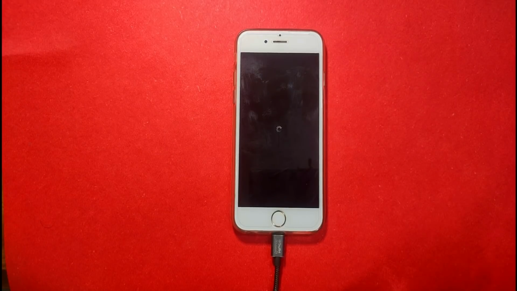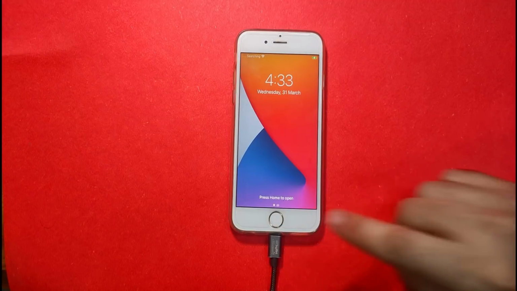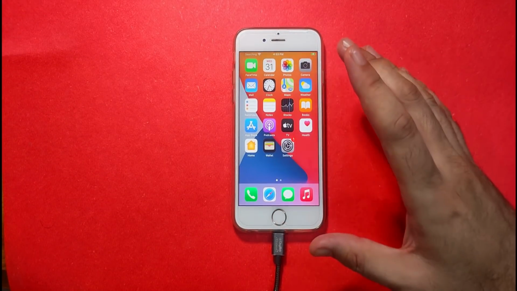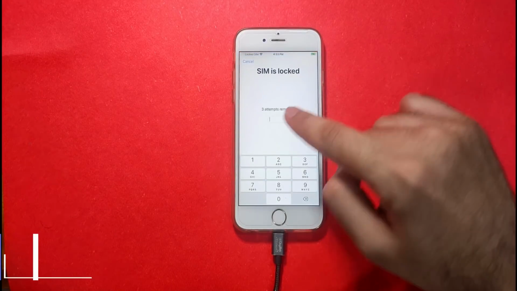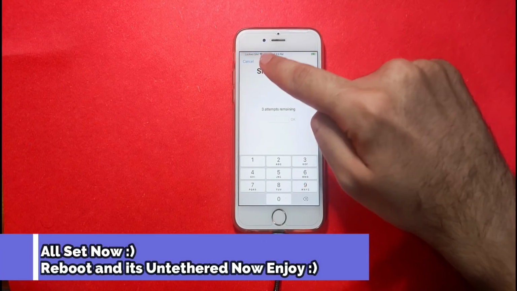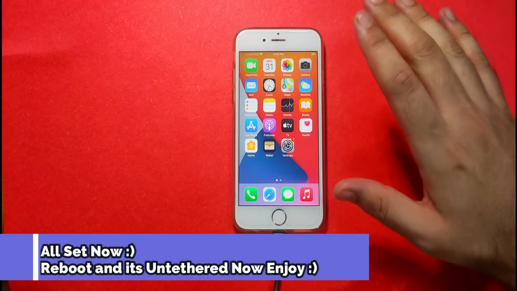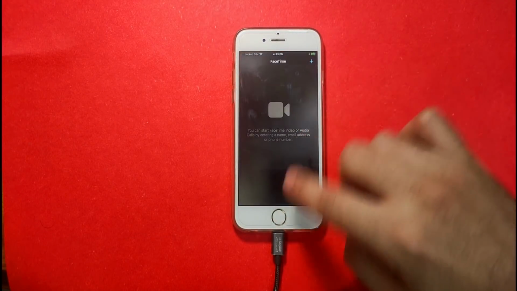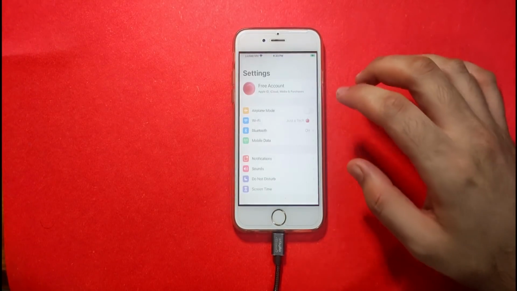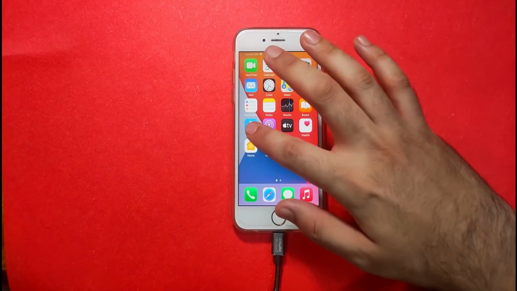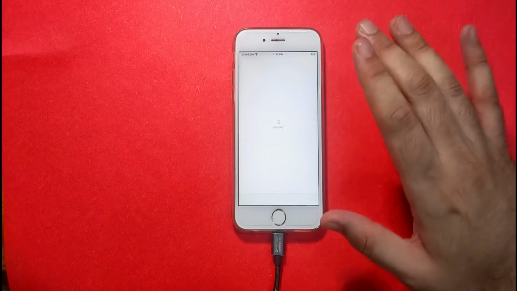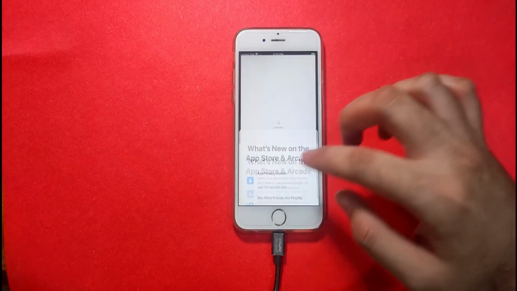Now we have already set everything like the SIM pin method, iCloud is working, FaceTime, Siri, everything is working. Now the next and last step is to check whether it's an untethered method or not. Now this time you will see the SIM pin. You don't need to enter the SIM pin, just click on the cancel button. Now make sure that at the time of fixing the notification you open the FaceTime app and then you can fix the notification. Now iCloud is working and check-in is also working, the App Store, iMessages, everything will work. All iCloud services work with this tool.